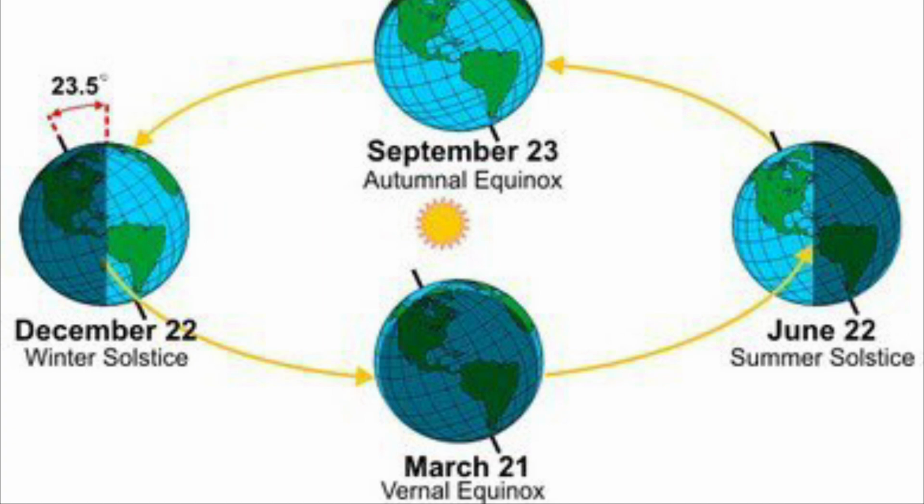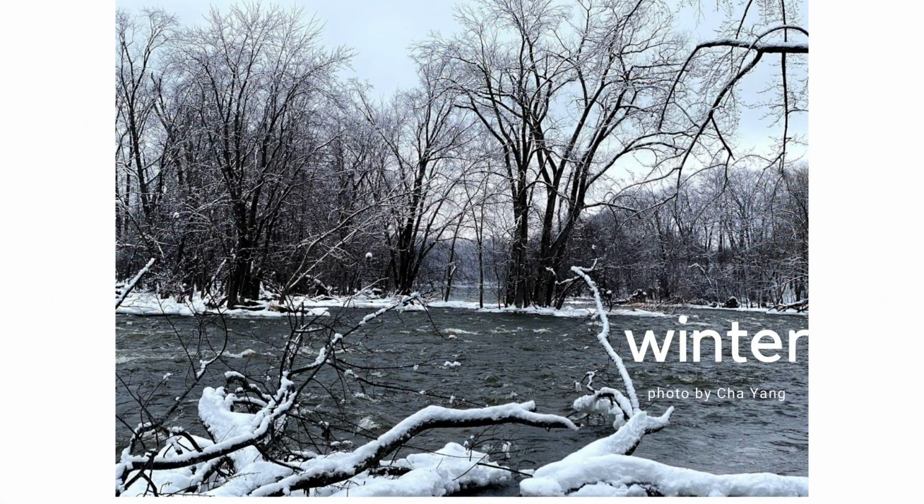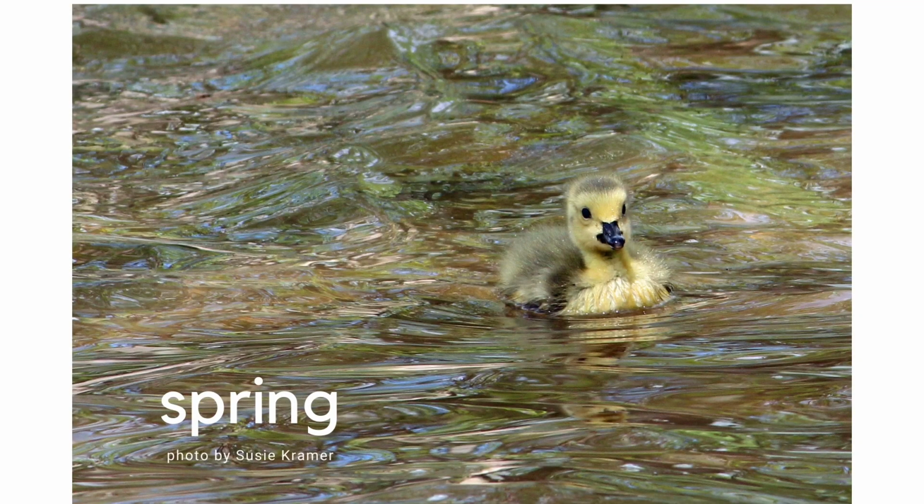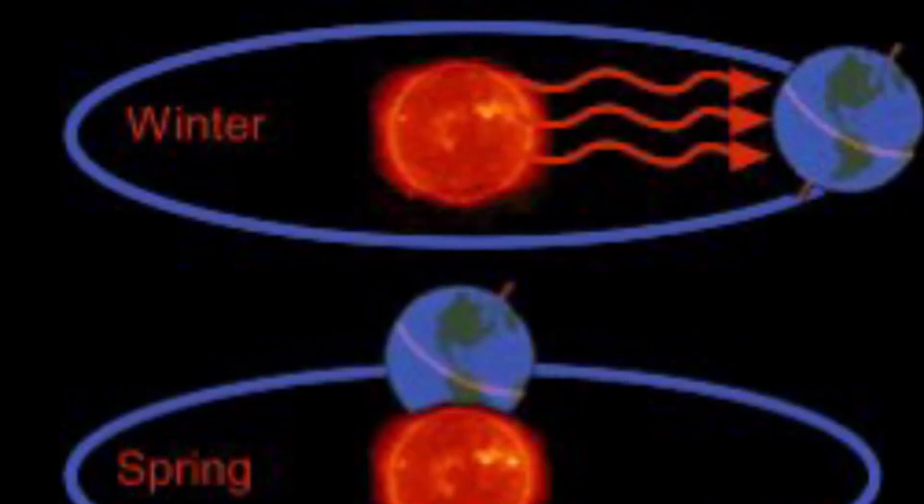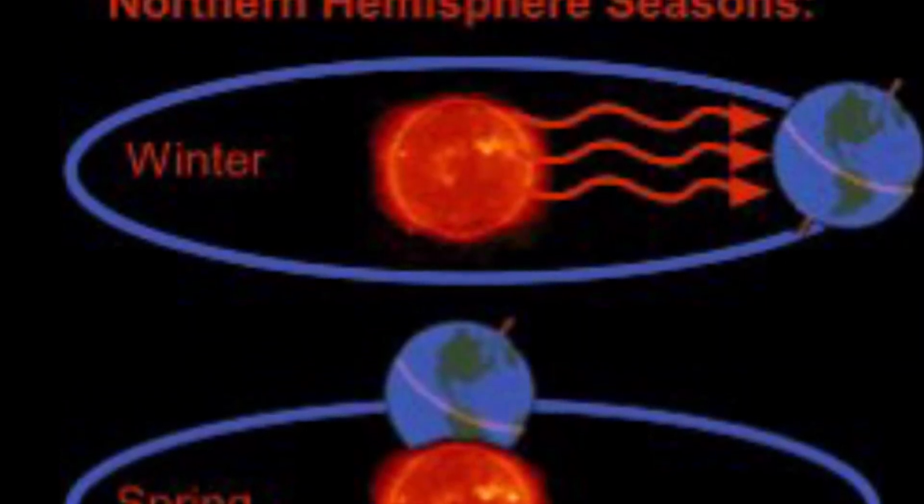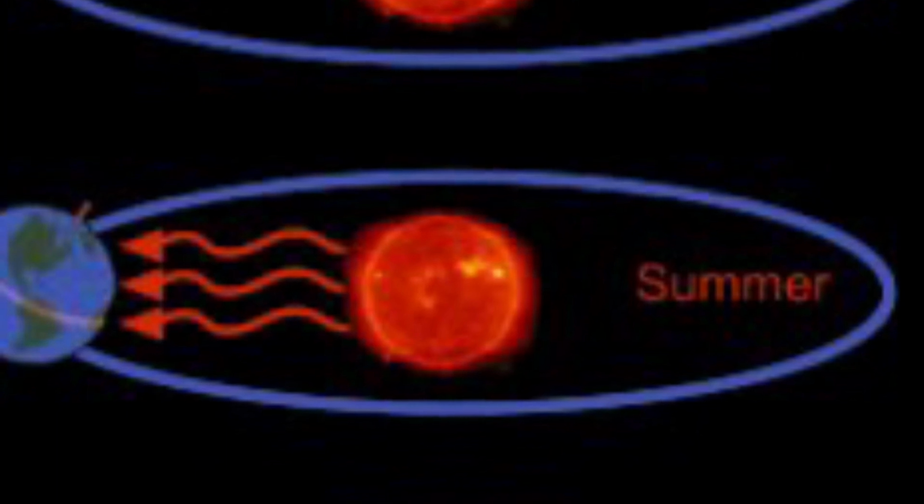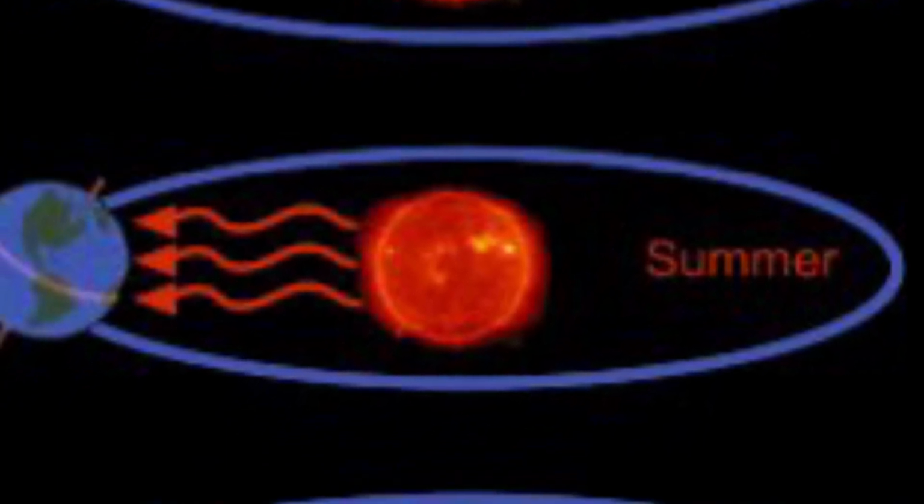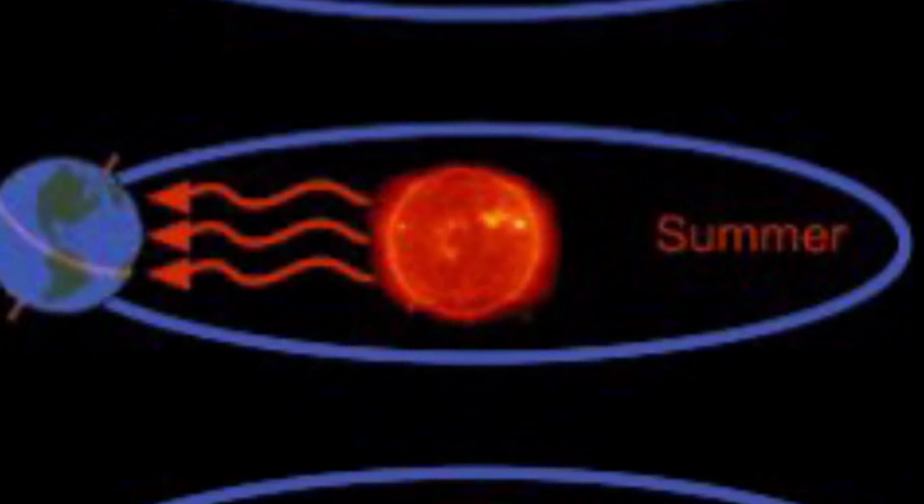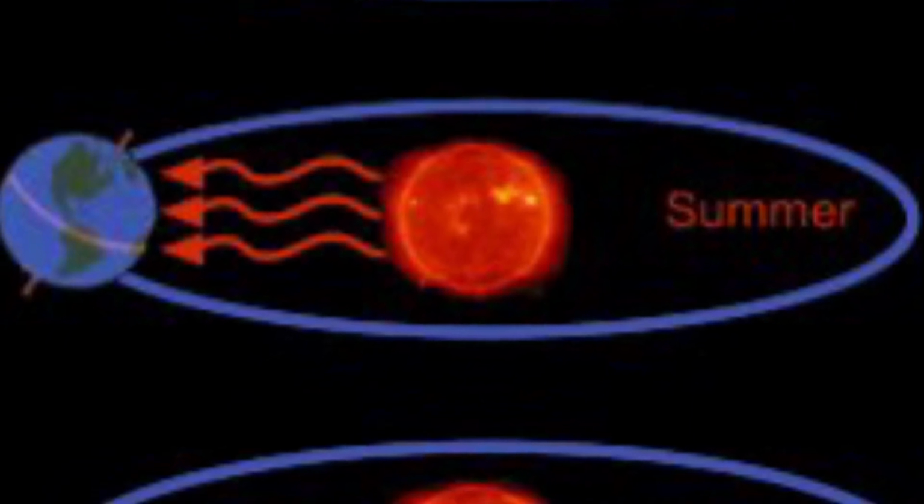In the winter, we are tilted furthest away from the sun, so it's cold and the days are shortened. In spring, we're tilted so we receive equal amounts of sunlight and darkness, and the days begin to warm up. In summer, we're tilted closest to the sun, and the days are longer and warmer. But by fall, we're beginning to tilt away from the sun again, so the days are getting shorter and colder